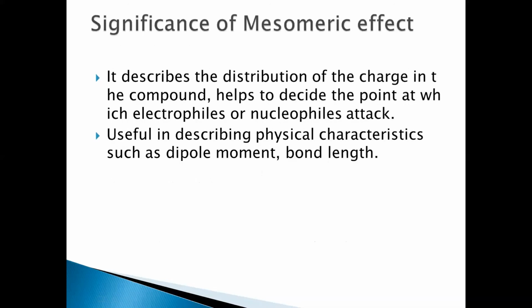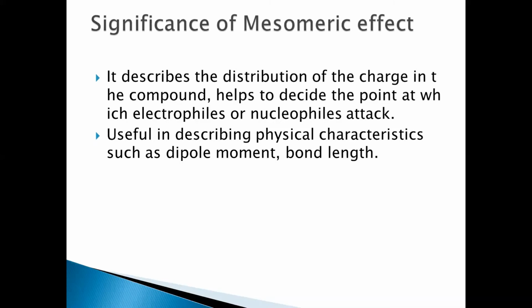Here, because of the charge transfer or the charge occupation of the atom in the conjugate system, you have seen Markovnikov's rule. The negative part goes to the carbon with the lesser number of hydrogens. The effects are described by the mesomeric effect, and are useful in describing physical characteristics such as dipole moment. When two poles are formed, there is a dipole moment, and bond length increases or decreases.